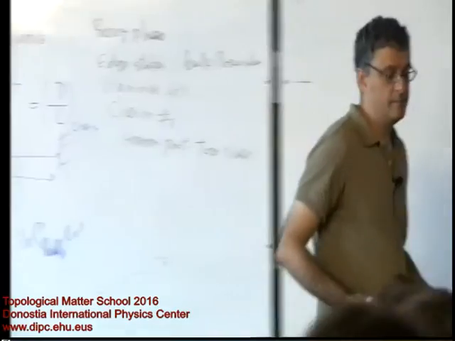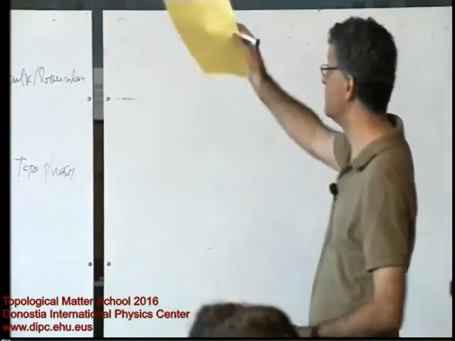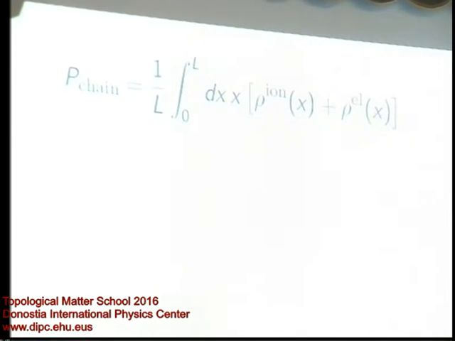So by the way, I forgot to write down the first formula that I want to keep there, which is just an explicit version of this definition, where the polarization of the chain is just the first moment of the charge distribution, which has an ionic part and an electronic part, divided by the length of the chain. And so the proposed bulk definition